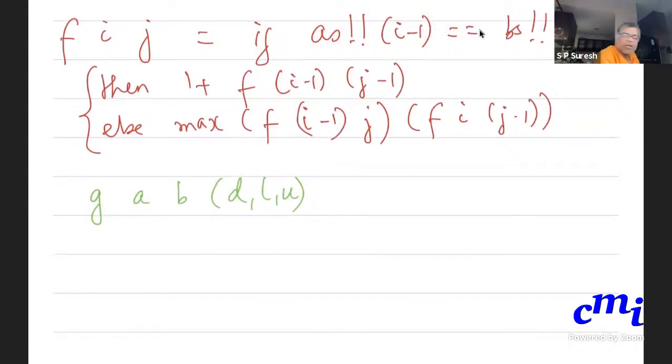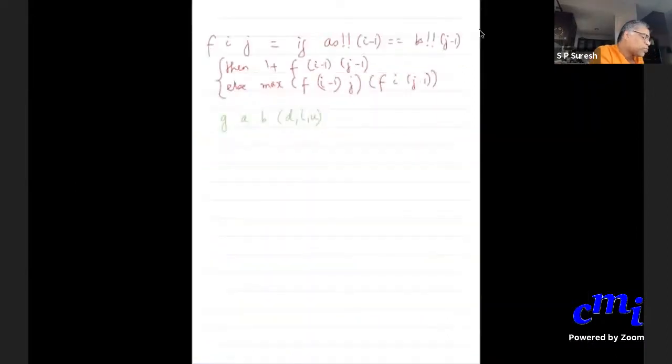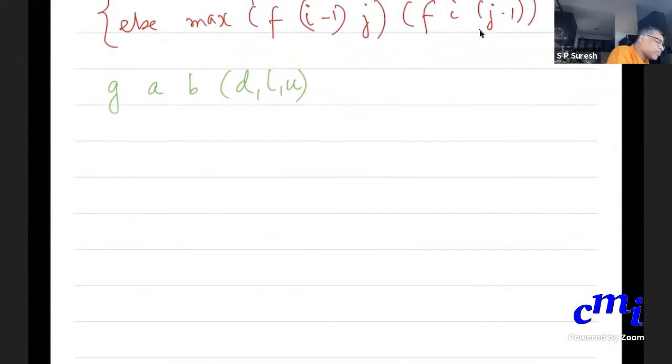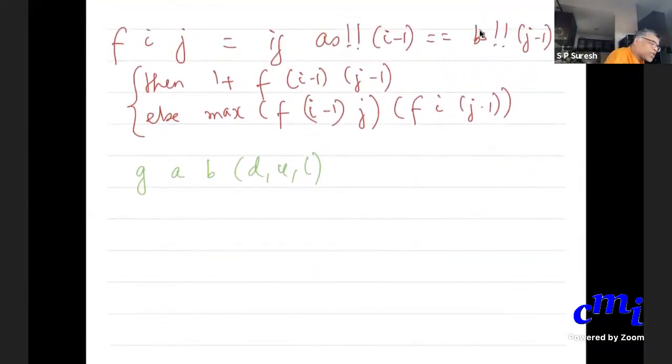That is d, u, l. So I have 5 values that I am dealing with, and this is the function that I am writing. So I'll write that function as g.